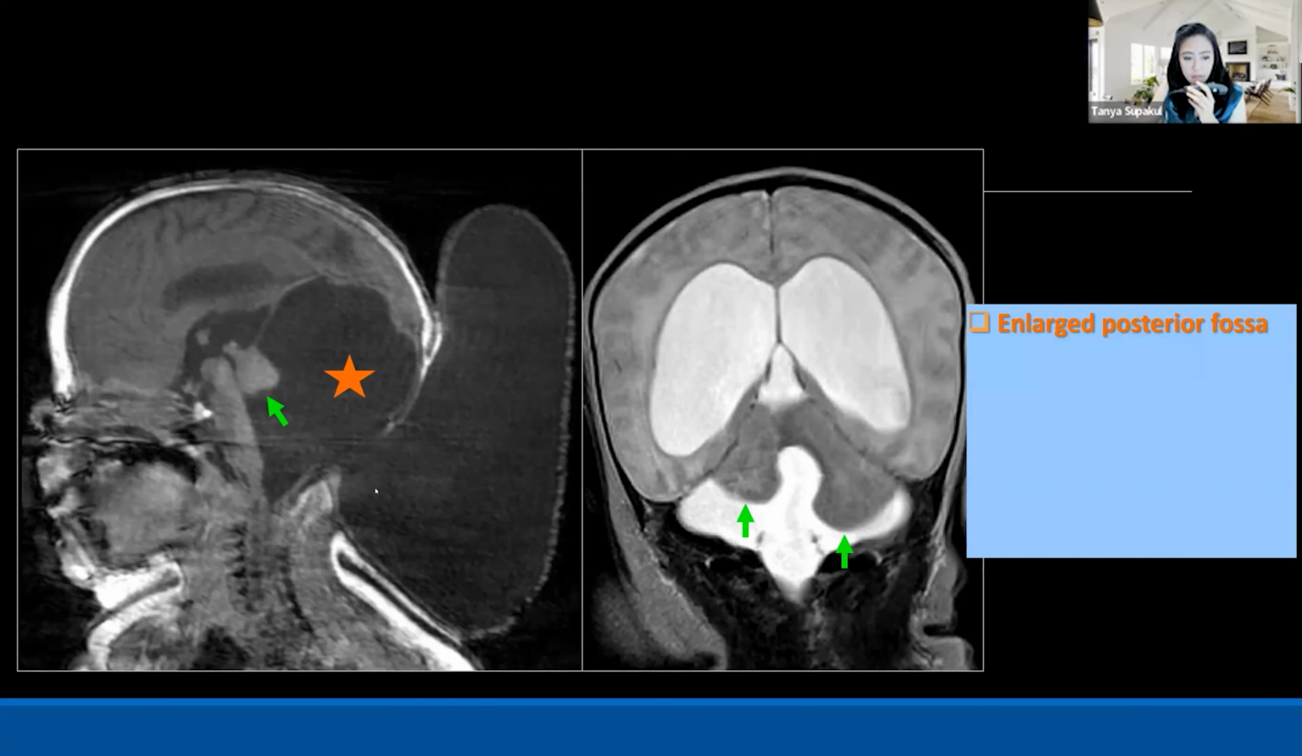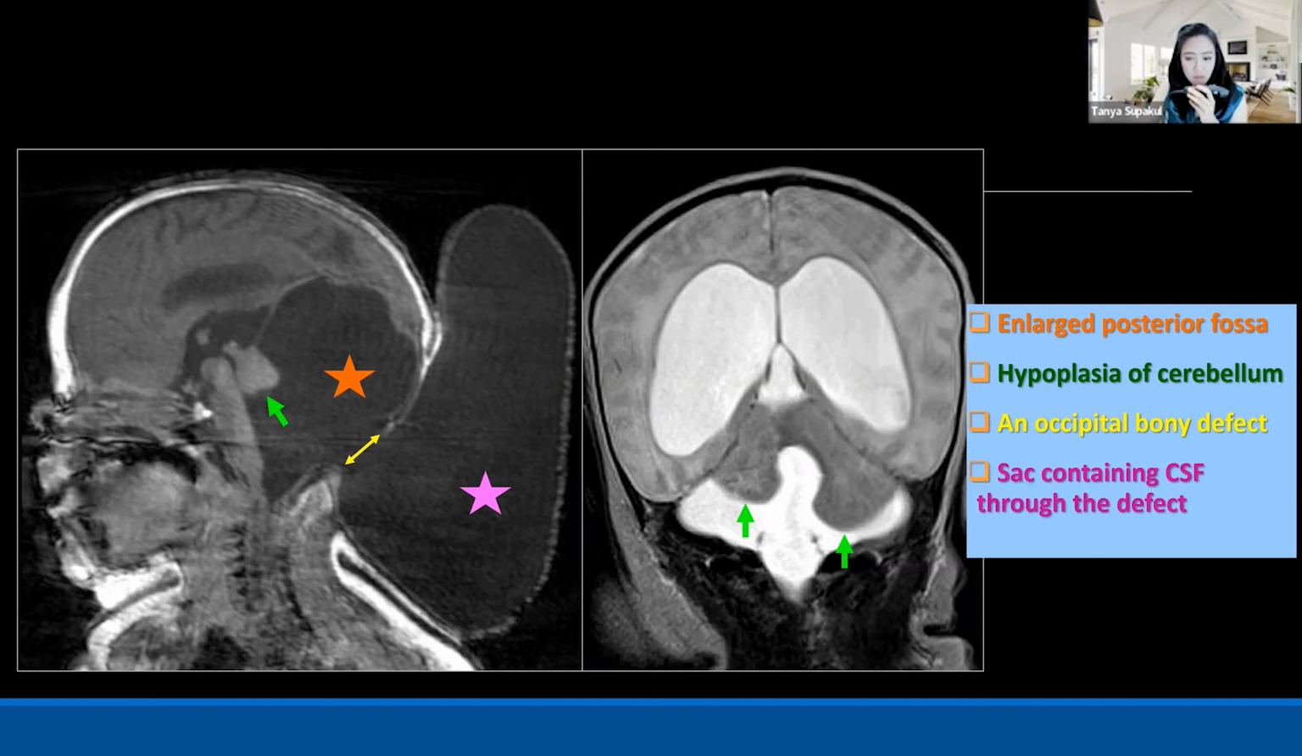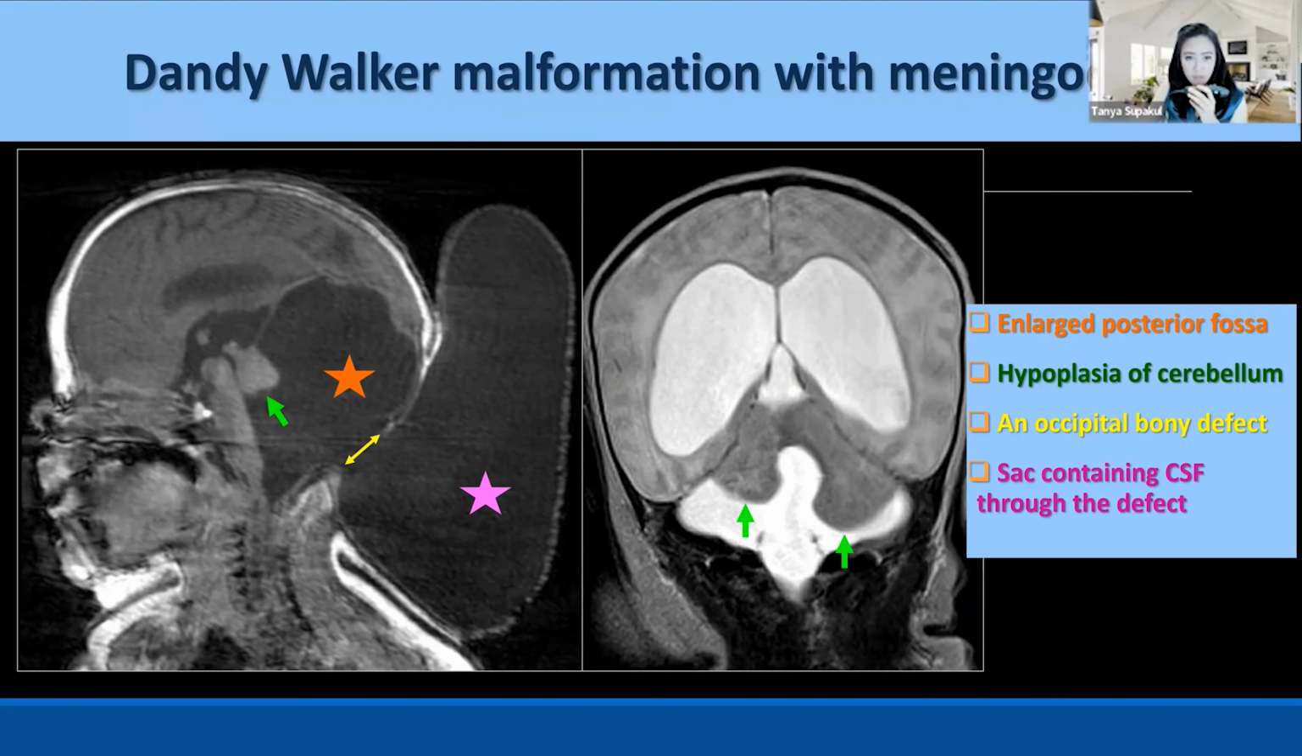But on top of that, there is a bony defect in the occipital bone and CSF-containing lesions that connect with the CSF in the intracranial space. So in this patient, it's also Dandy-Walker because you have the full criteria of the big posterior fossa, cerebellar hypoplasia, and cystic space, right? But on top of that, this patient has a meningocele on the posterior